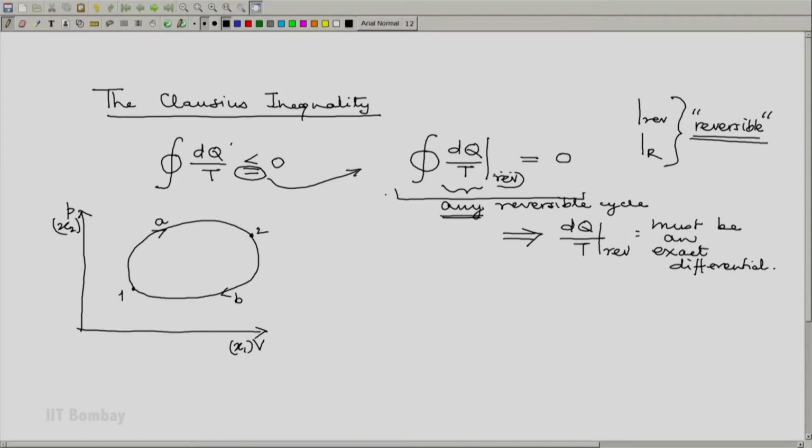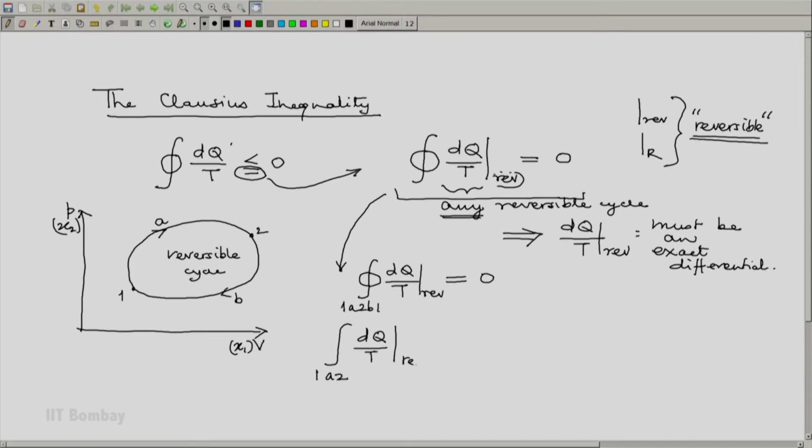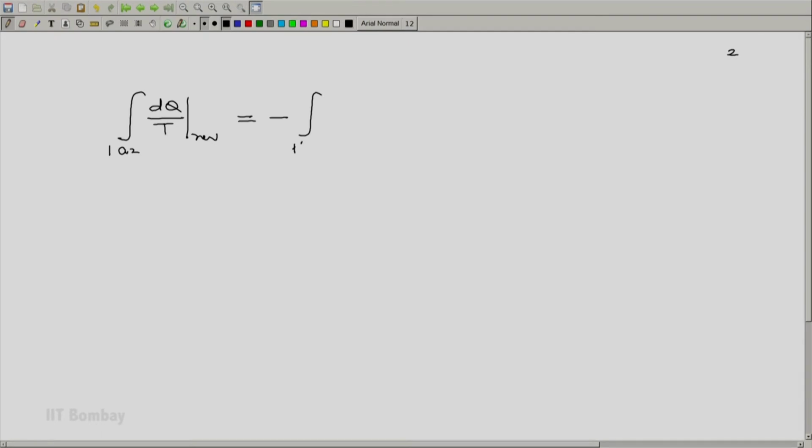And this, the equality part of the Clausius inequality, tells us that expanding this will be the cyclic integral of dq by T reversible over the cycle 1A2B1. This is a reversible cycle. This will be 0. But now let us expand this as the integral over 1A2, one part of the cycle, plus that over the second part of the cycle. Let me transpose the second term to the right hand side, and I will get